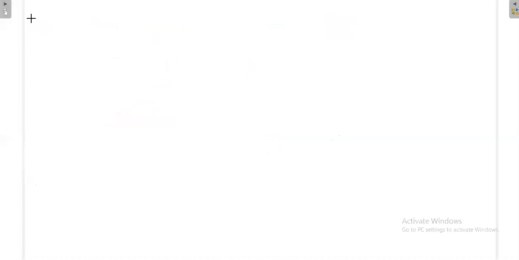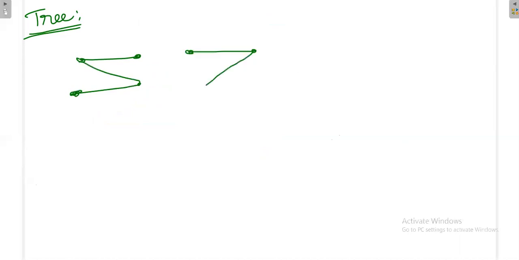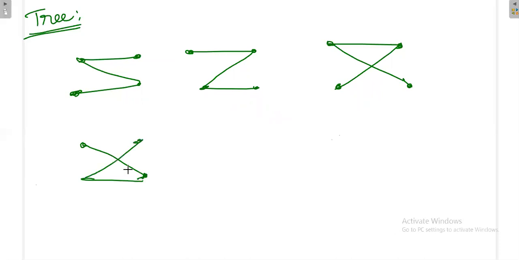Okay, first we'll see what are the different trees possible. You will get one tree like this, another tree like this, another tree like this, another tree like this. Okay, so this is the only possible number of trees. Okay, 4 trees. Or otherwise you can write the reduced incidence matrix, and from that using the determinant also you can get the answer. Try that method also. So the number of possible trees is equal to 4.